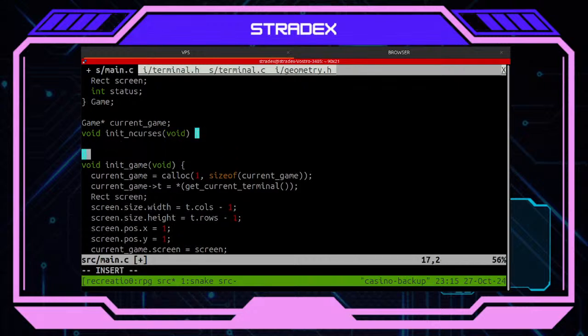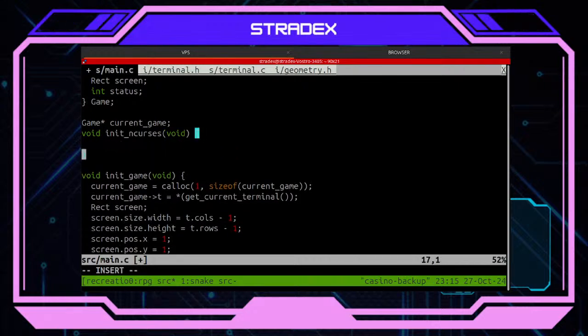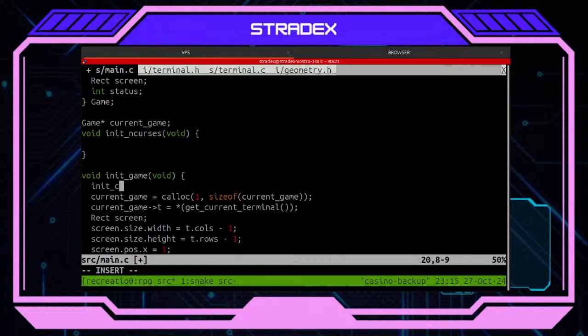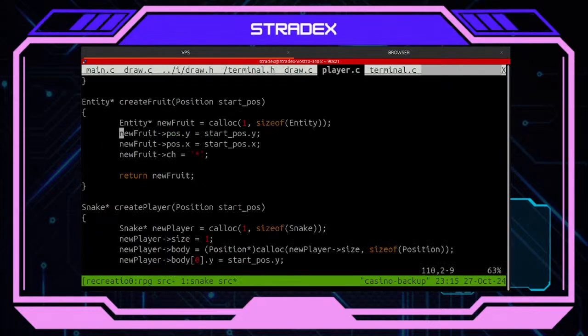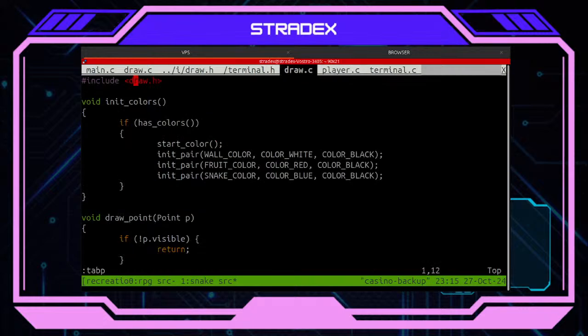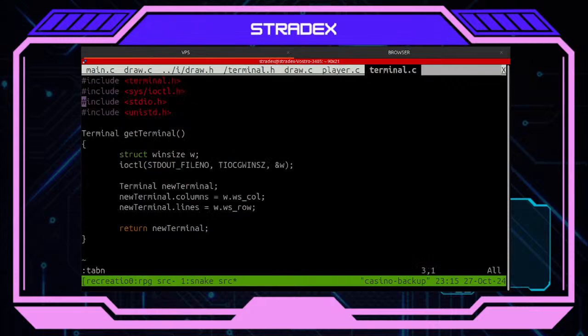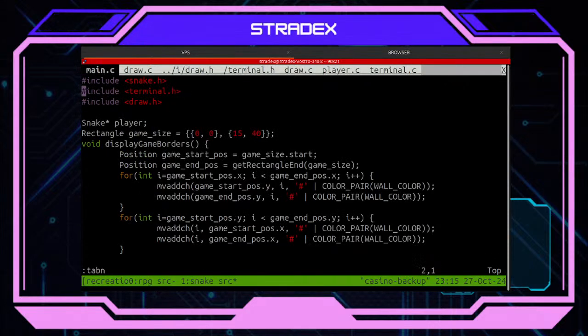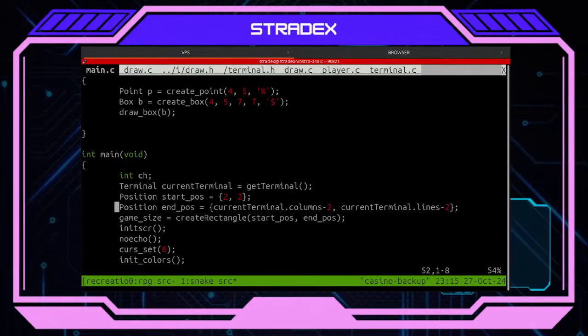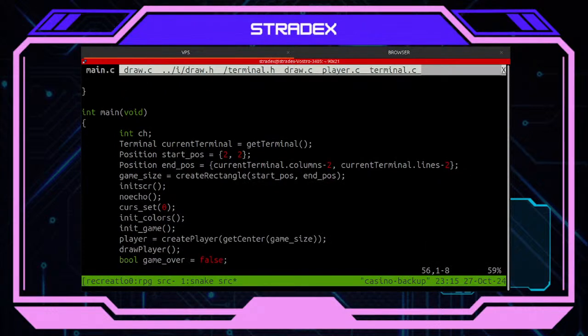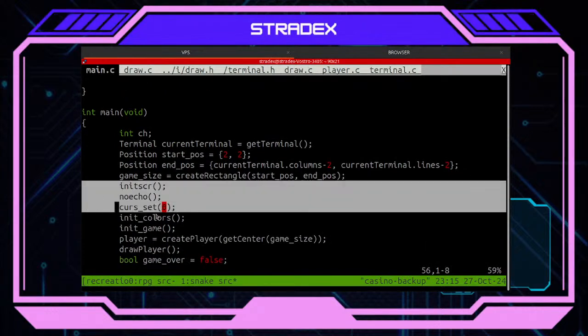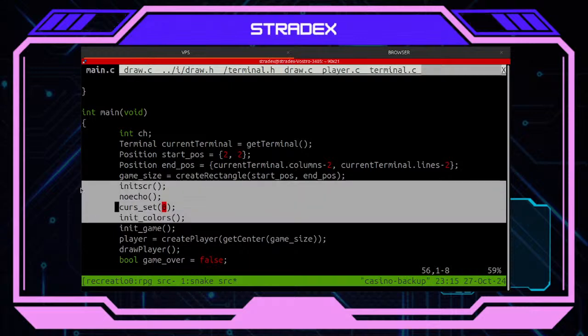Void, and let's call it init and curses. Yes, this is basically what I want.